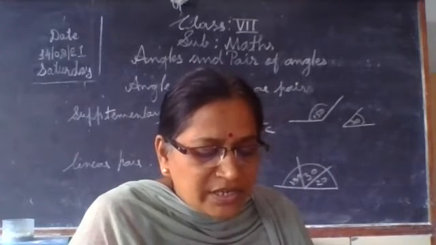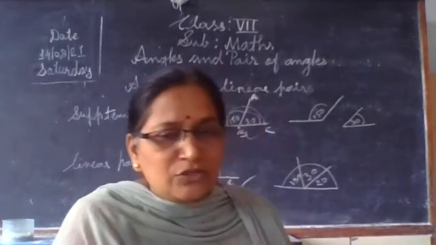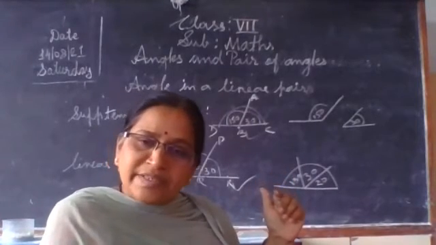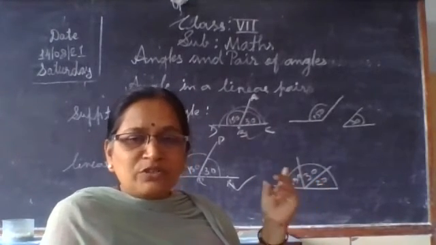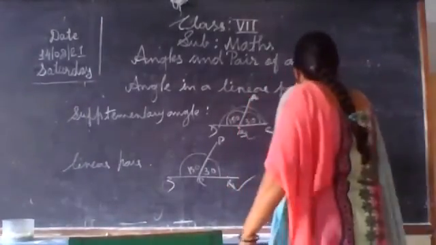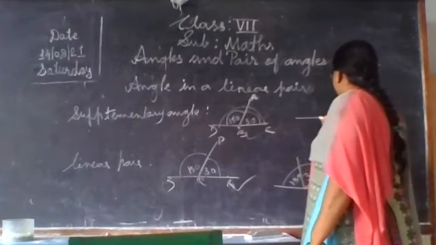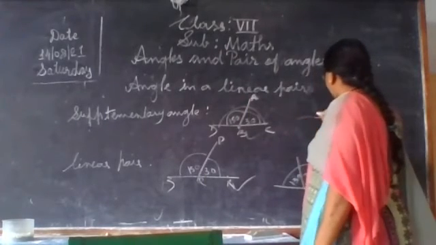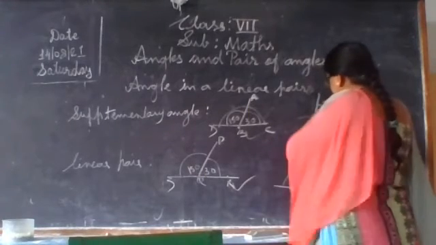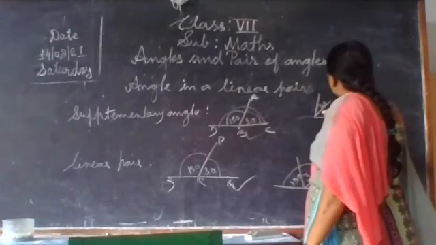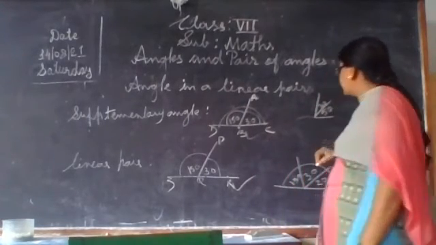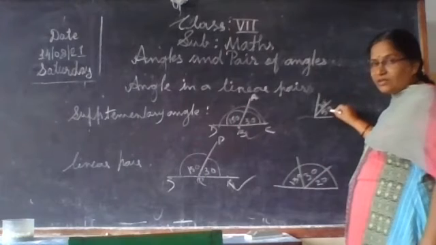Adjacent angles which are not in a linear pair. So see, you can say the first two angles, 30 plus 20. Yes, they are adjacent angles, but they are not linear. Why? Because of the sum, or you can draw this type of angles. It is 30 and it is 50 degree. One angle is of 30 degree, another is of 50 degree.